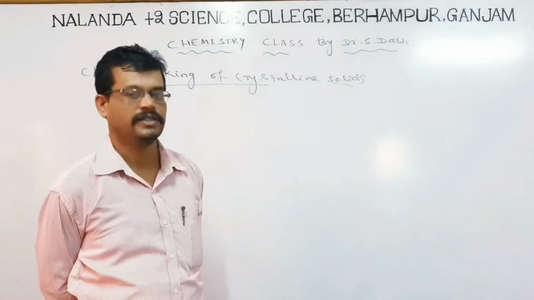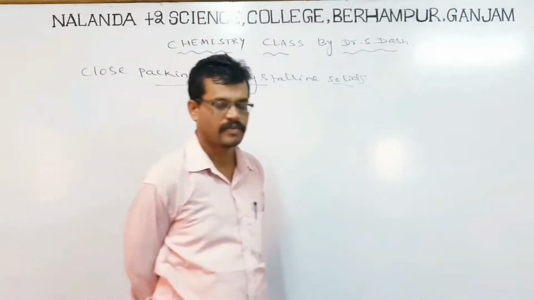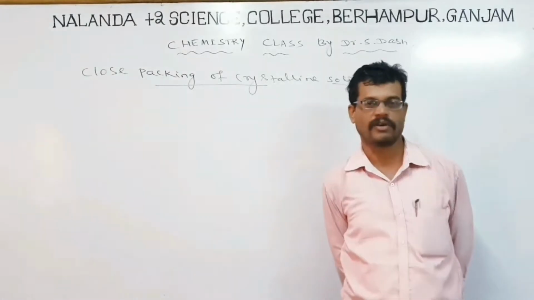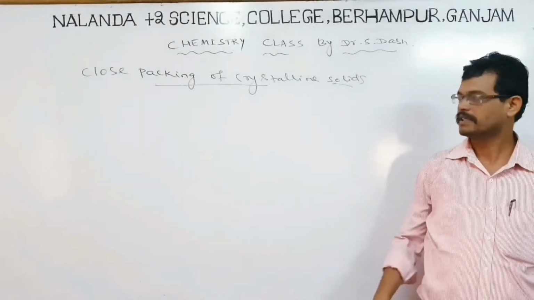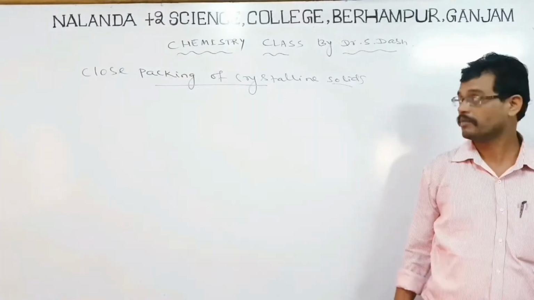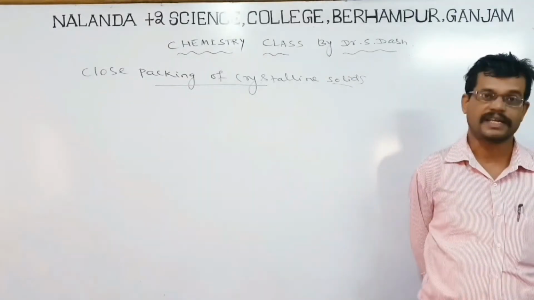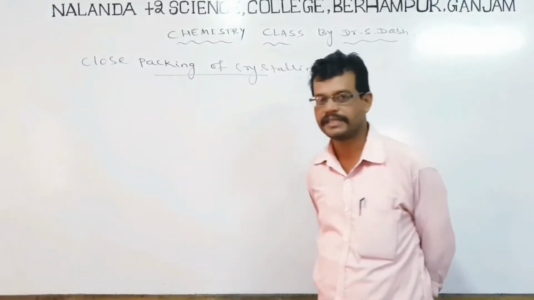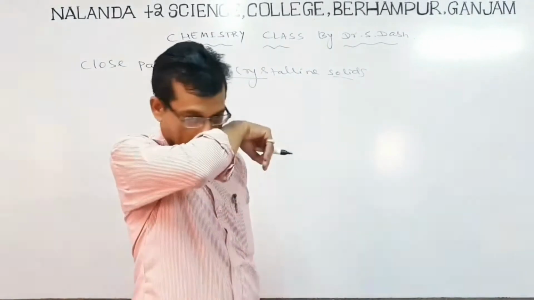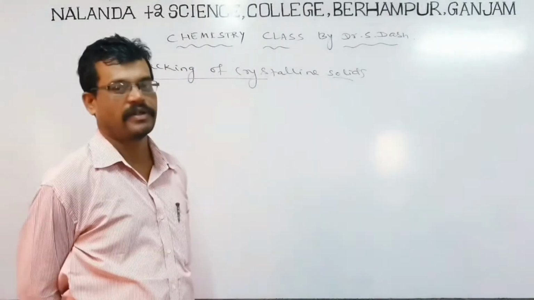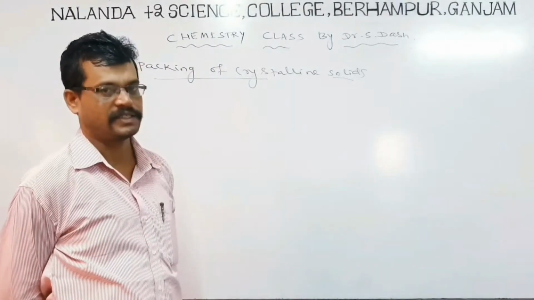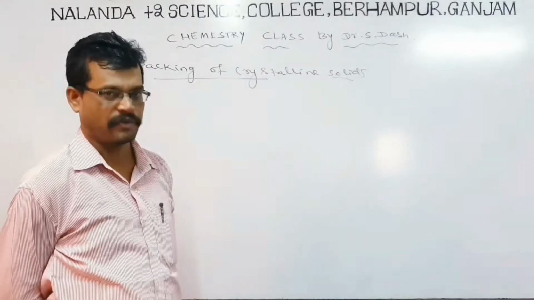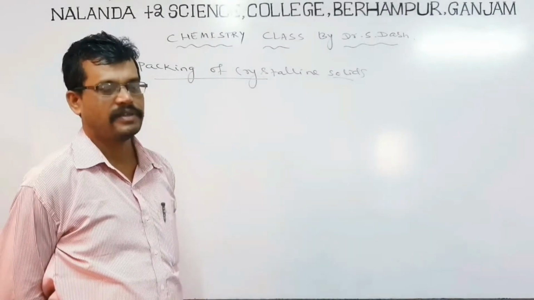In these crystalline solids, the constituent particles may be atoms, ions, or molecules. Let us consider these particles to be atoms. Whenever we arrange crystalline solids, the atoms are arranged in different manners or different ways. While arranging these crystalline solids by taking atoms as constituent units, we can arrange them